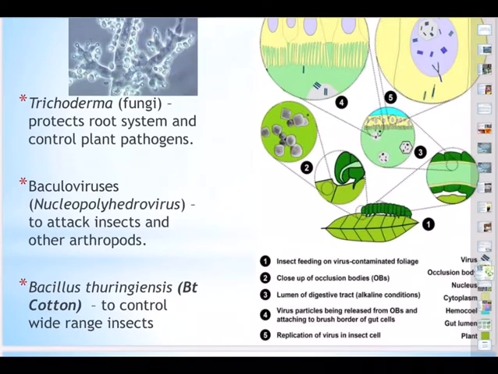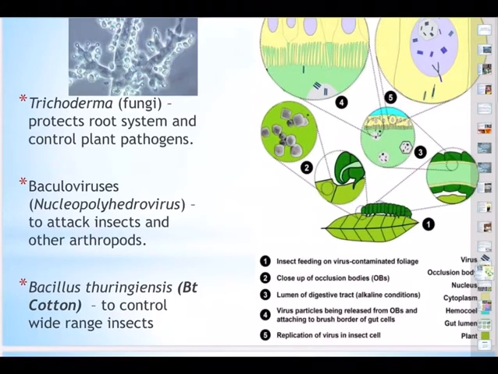This is a soil bacterium. This is present in soil. Spores of this bacterium possess an insecticidal protein. That protein is called cry protein, CRY. Cry, crystal protein, of course. Don't think cry means crying, okay? Therefore, the spores of this bacteria kill larvae of certain insects. And the commercial preparations of BT contain a mixture of spores and cry protein and an inert carrier.